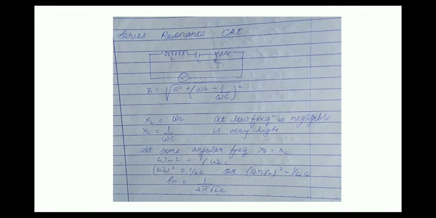Talking about the characteristics of the series resonance circuit, resonance occurs when XL equals XC. Resonant frequency fr equals 1 upon 2 pi square root of LC. Impedance is minimum and purely resistive, whereas current has a maximum value. When a number of frequencies are fed to it, it accepts only one frequency fr and rejects the other frequencies. The current is maximum for this frequency, hence it is called the acceptor circuit.